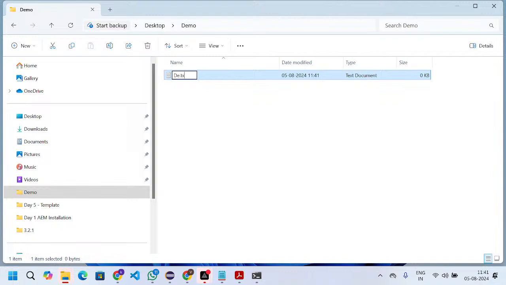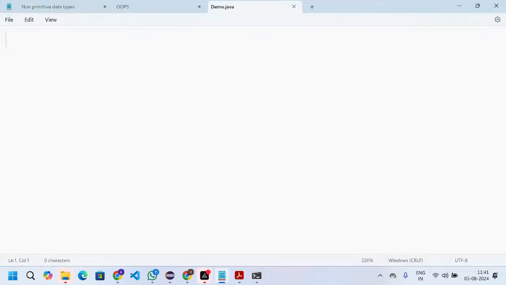I would say demo.java, right? Save the file. Here we have only one Java file. Now what I am doing: we need to take public class, and then I would say Demo, and from here to here, this is the scope of the class.